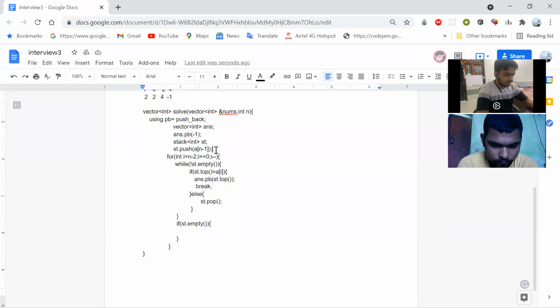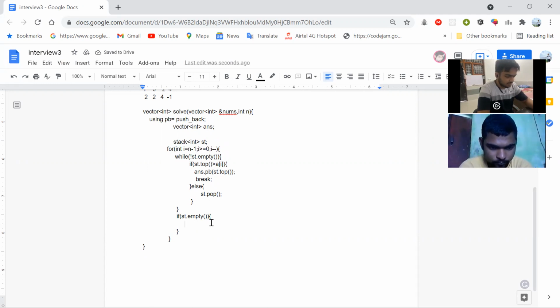So for that, if I write this, I don't need to write this case. I'm iterating from the last element. If stack.empty is true, then what do I have to do? I need to push -1 to my answer.